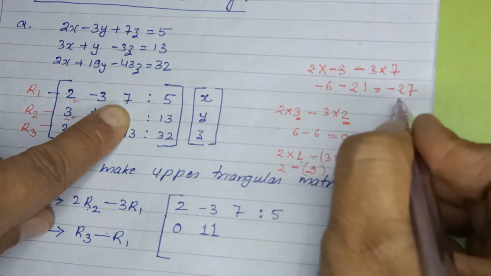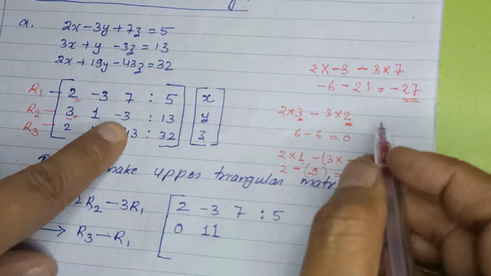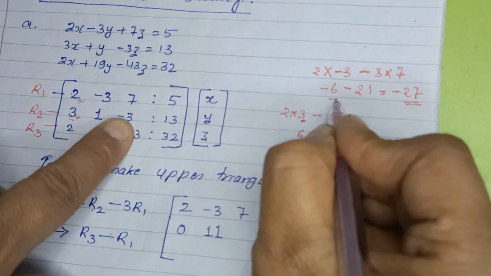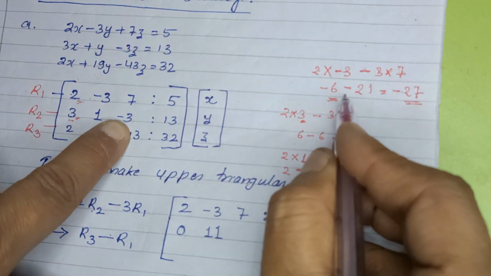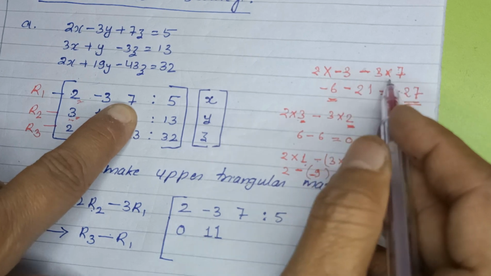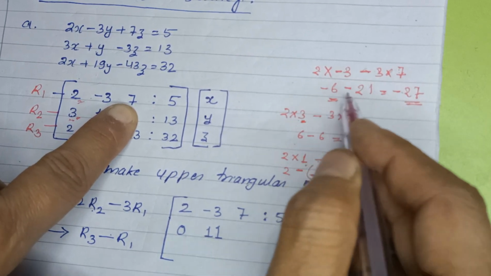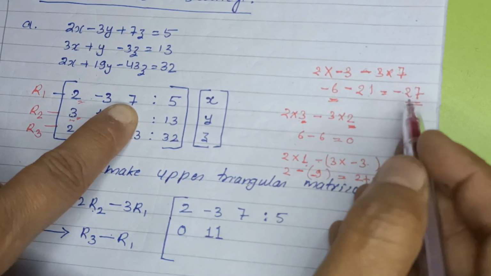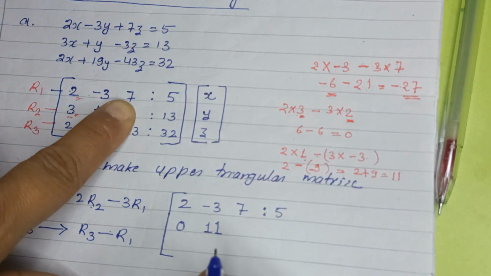Over here we are getting minus 27. Is it right or not? Once again, let's do the verification of what we did. We multiplied this row with 2, so it becomes 6, that is minus 6. Again we have to do minus with 7, so we have to multiply that row with 3, 7 3s are 21, so minus 6 minus 21, we got 27, minus 27. So our answer is minus 27,